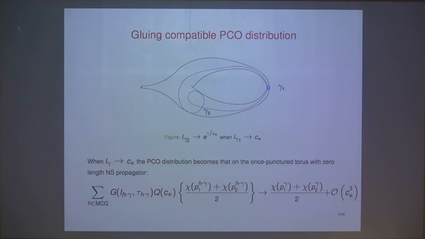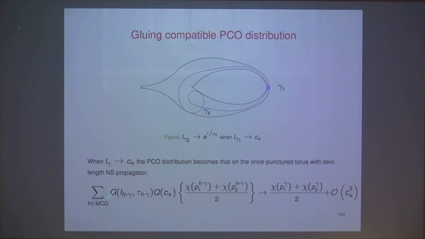So again, we can utilize a nice feature of hyperbolic diagrams. The feature is the following. Consider two simple closed geodesics, gamma 1 and gamma 2. Gamma 2 passes through gamma 1 perpendicularly. So if I degenerate gamma 1, the nice thing is that the length of gamma 2 goes to infinity.